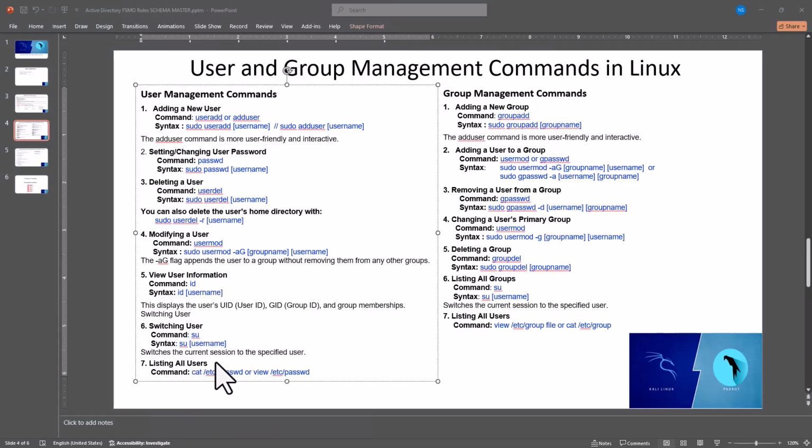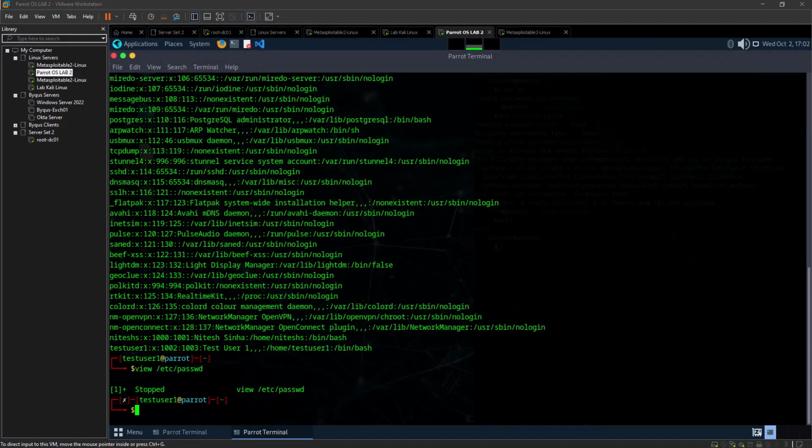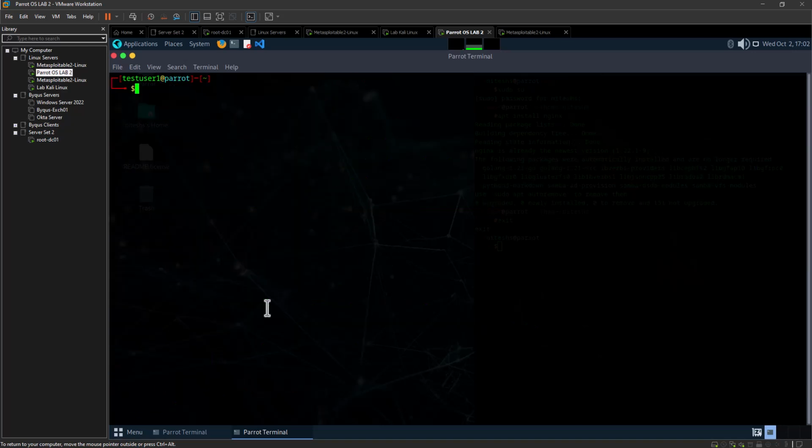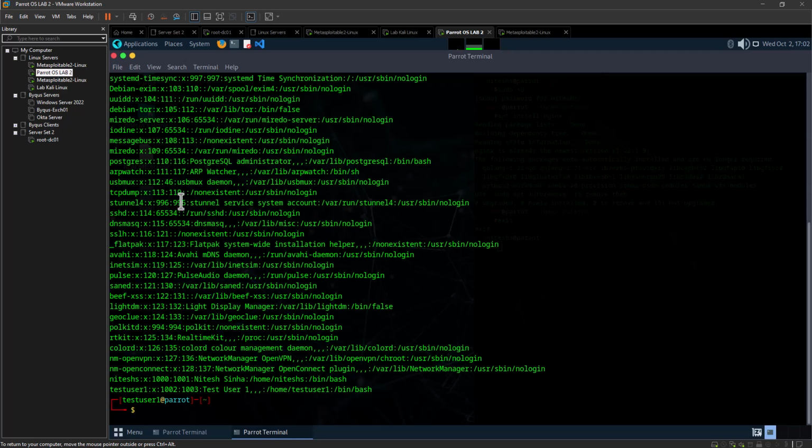Next, we will look into listing all users on your Linux machine. The command is cat /etc/passwd or view /etc/passwd. So let us see. Coming back to the Linux machine, clear the console. So the command is cat /etc/passwd. If we run this,